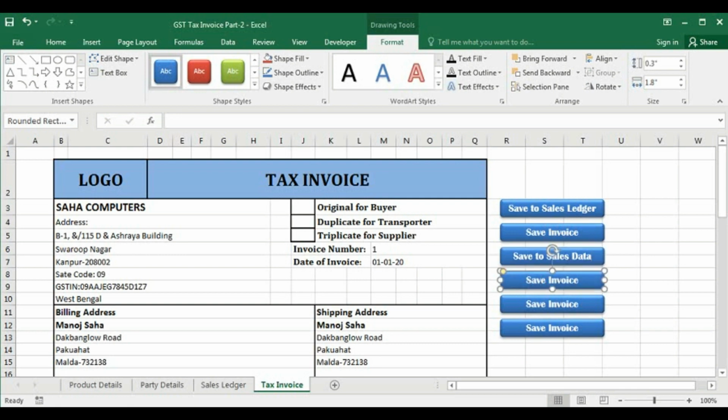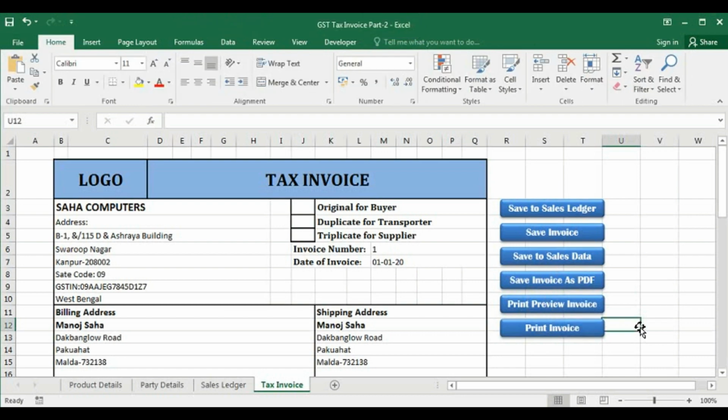Then here Save Invoice as PDF, and here Print Preview Invoice, and the last one is Print Invoice. So our buttons are ready.